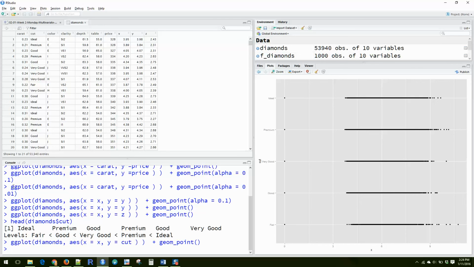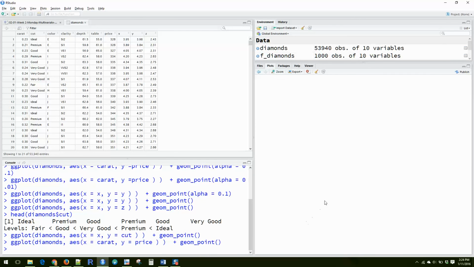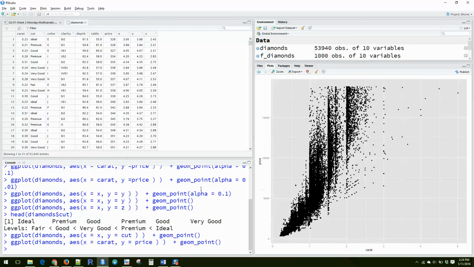Okay, so I'm going to go back to plotting the carat versus the price. Okay, so we're going to go back to this display,